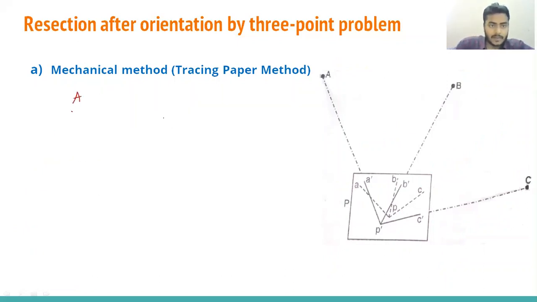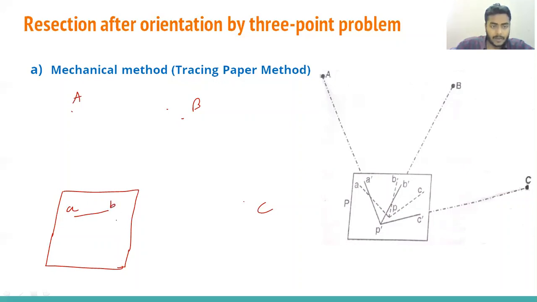So suppose station A is here, B is here, and C is here. We have this drawing sheet. Okay, now you will see this is A, B on the drawing sheet. This will obviously be given. So what we are doing, we want to locate the station P on this drawing paper. So we kept the plane table at station P, and roughly we have done the orientation, by approximation or by estimation. Okay. Next, what we can do, keep some tracing paper on that.